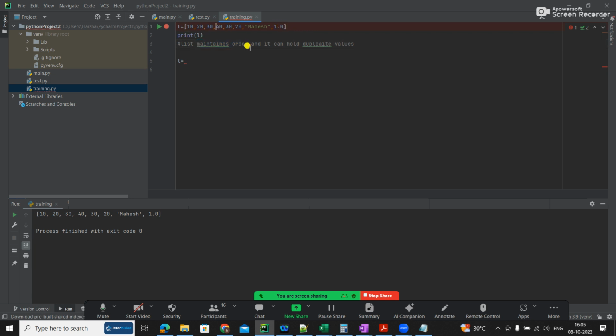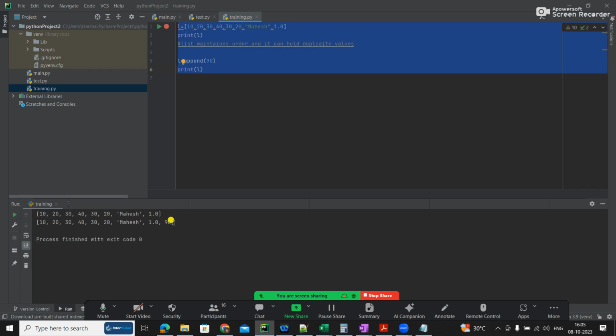If it goes here, then the basic concept of list will go off. So when I do L dot append of maybe 90, and again print of L, it should be added at the end only. That is how it maintains the order.